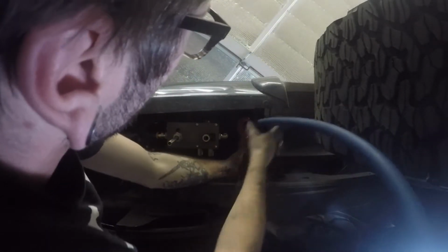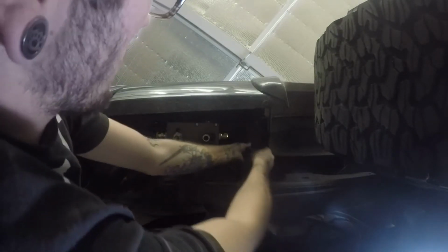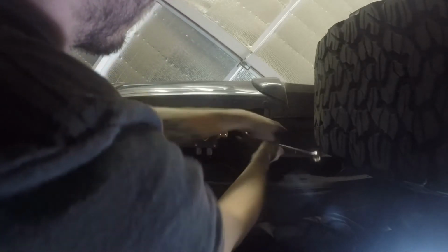Not the cleanest install, but like I said, this is my first time. And it's probably gonna be my last time doing something like this. But it came out pretty nice, so. And my rock lights are down. Alright guys, this is my final